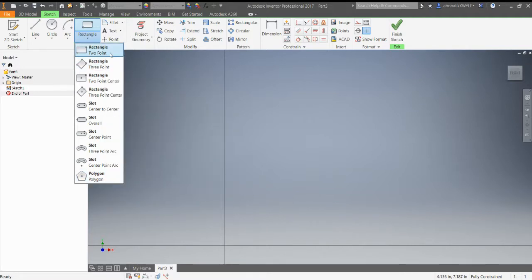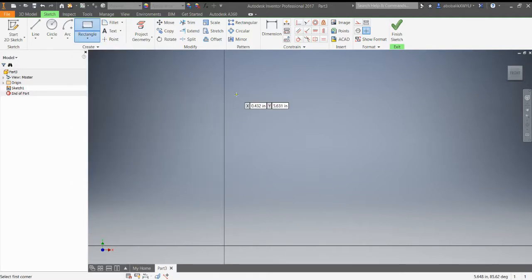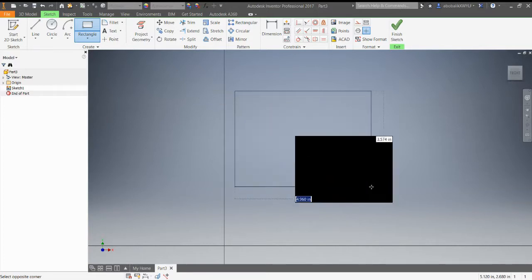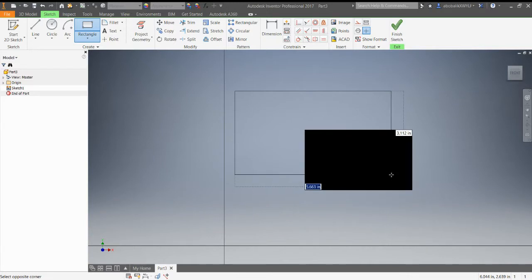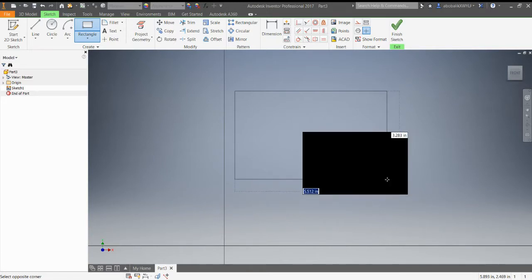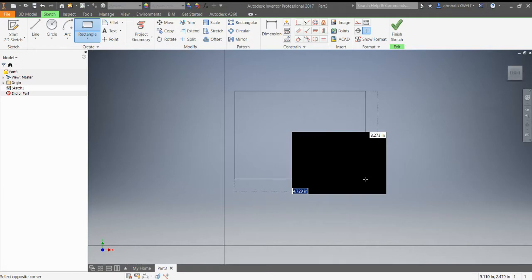All right, 2-point rectangle is pretty straightforward. I click the starting point, and I can either manually click and drag to establish the width and the height of the rectangle, or I can type in the numbers that I would like to have for the width and the height. So you'll notice that the width is the one that's highlighted in blue right now, so that's the one that's currently active. So if I want the width to be 5 inches, I type 5 and hit enter,